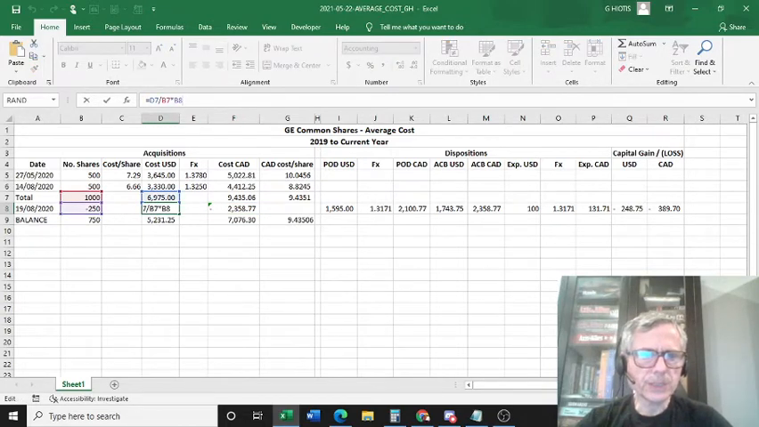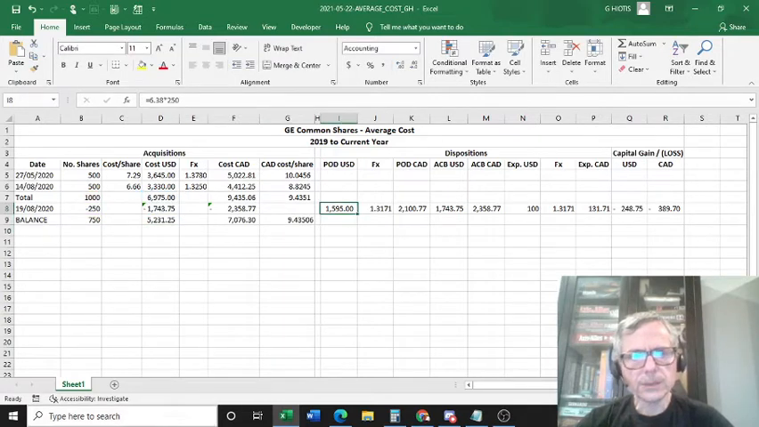And this is basically how I got this amount: this divided by that multiplied by that. Now, my proceeds of disposition in US dollars: I sold these 250 shares at $6.38, multiplied by 250, that's my proceeds of disposition in US dollars, POD. The exchange rate at the time that I sold the shares on 19th of August 2020 was 1.3171, for a total proceeds in Canadian dollars of